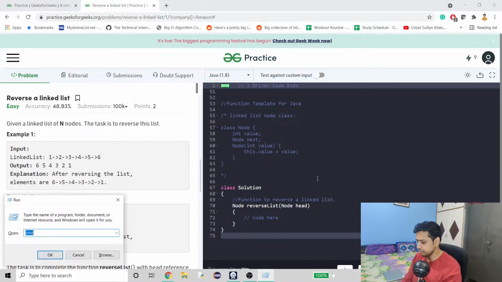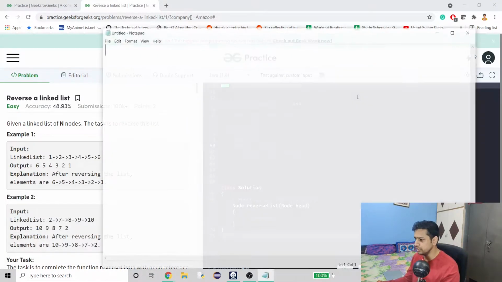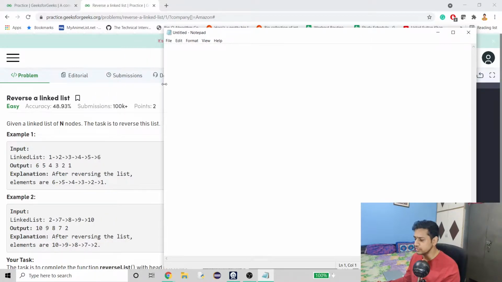For that I'm going to use Notepad to explain a few things. I'm going to take an example here. So a linked list is like this. I'm just choosing a simple linked list 1 2 3, and head here is this one. When we talk about head dot next, it is going to be this element or data which is 2. So this is head dot next. What we have established here is that head is 1 and head dot next equals 2, right?